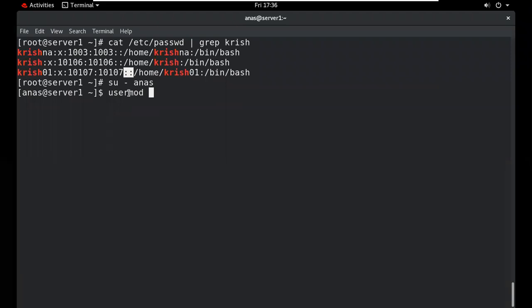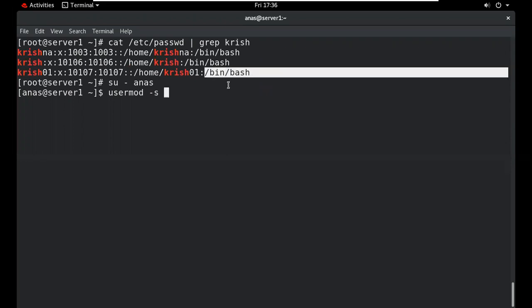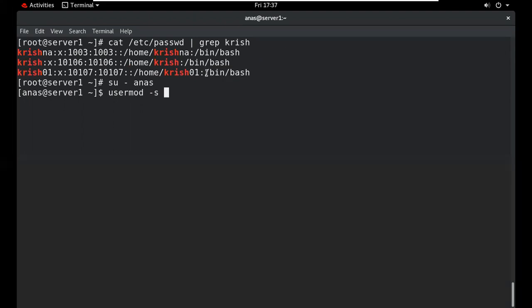So what will I do? We can't use the useradd command. We can use usermod. Any type of modification we can make by this particular command. Suppose we want to change the shell information. There are two types of shell: the login shell and the other one is the nologin shell. It means if we want to log in, we can use this shell, and if we do not want to provide login access, we can apply the nologin shell.